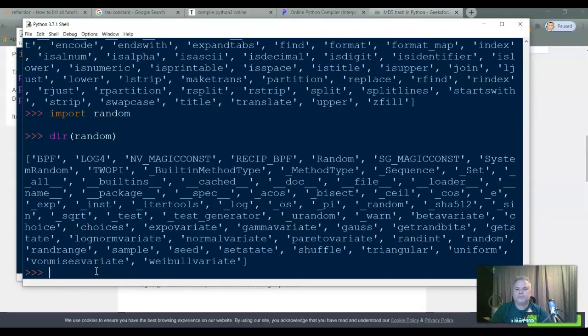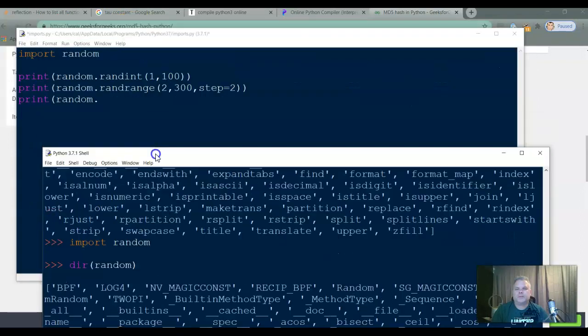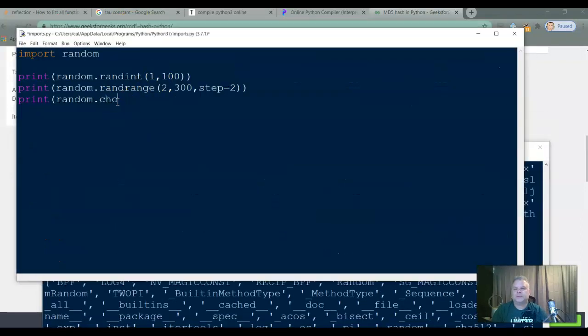That's why it didn't work. Okay, so you can see there's a bunch of different ones. Uniform, square root, choices. Okay, so now I can't remember which one it was I wanted to show you, but let's